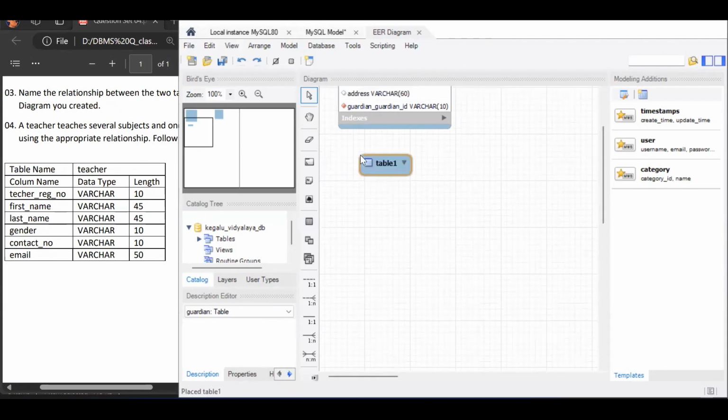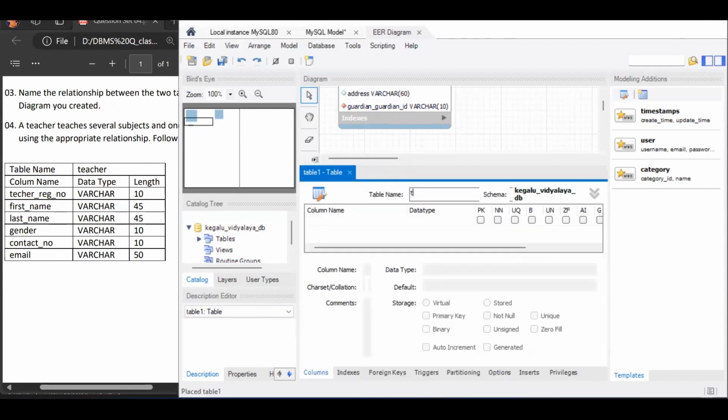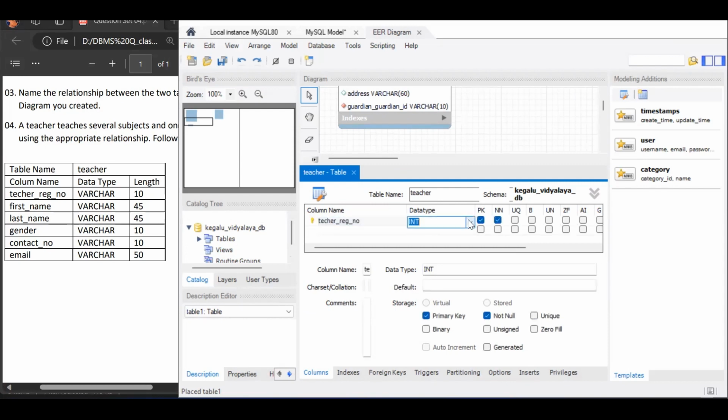and click anywhere in this workspace and double click on the table to edit the table and change the name to teacher. The first column is teacher register number and set the data type to varchar with the length 10. The next column is the first name column with the data type varchar and length 10, and then the last name column with data type varchar and length 10, and next the gender column with the data type varchar and length 10, and then the contact number column with the data type varchar and set the length to 10, and